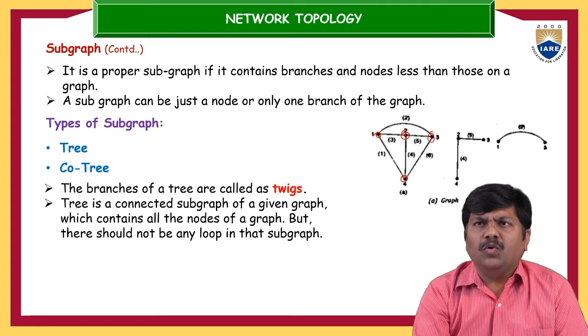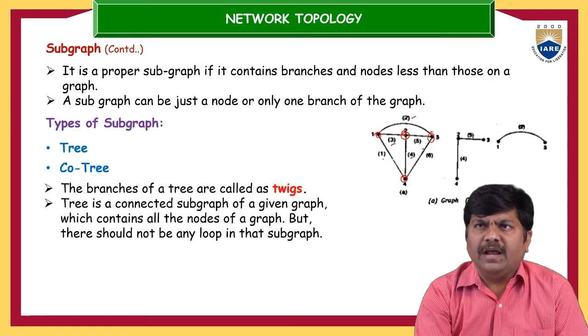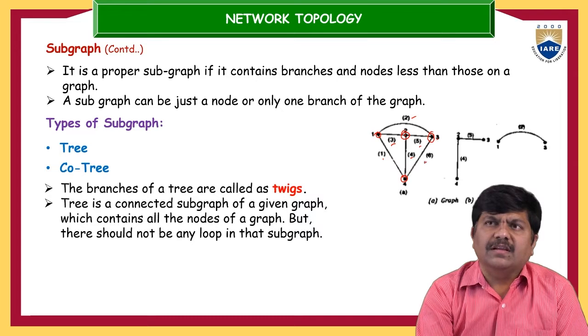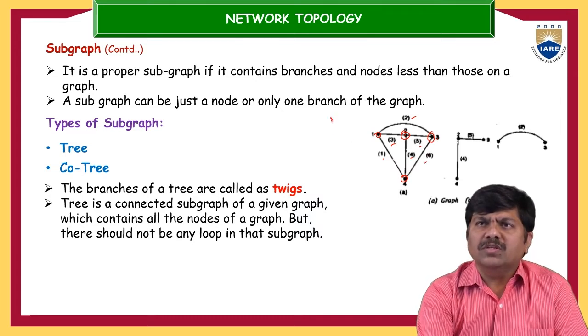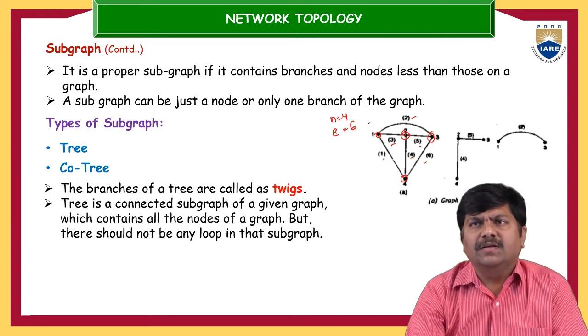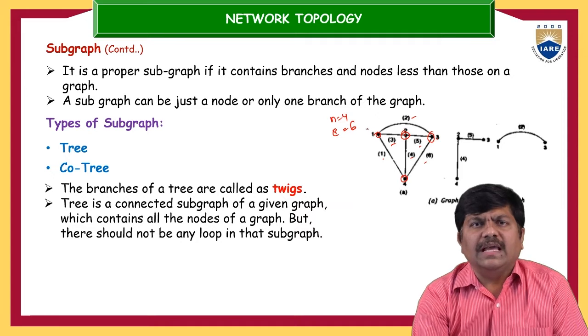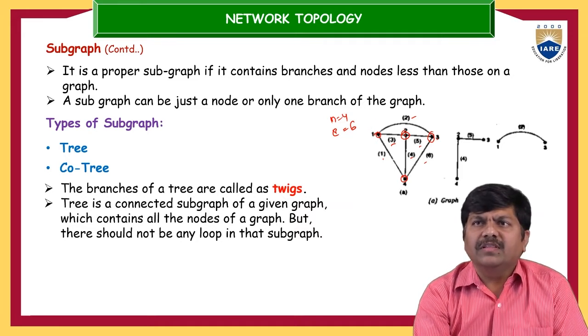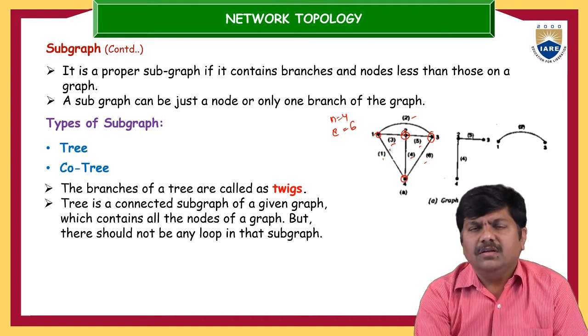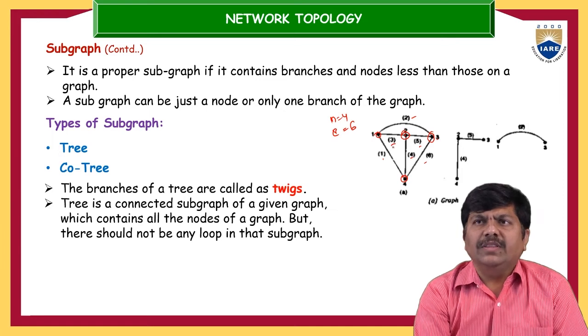So there are 4 nodes. And how many elements? First element, this is the second element, third element, fourth element and fifth, and there are 6 elements. So the nodes are 4 and the branch elements are nothing but the 6 elements. Out of this, suppose any one of the nodes is eliminated or removed, suppose this node 1 is eliminated, then what happens? Branch 2, branch 3 and branch 1 do not have any sense. So in that case, what happens?